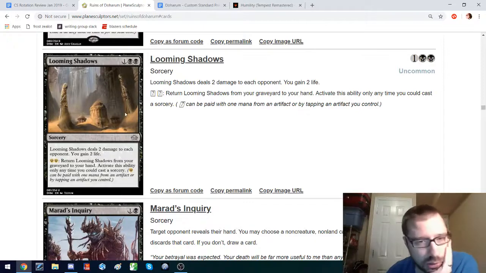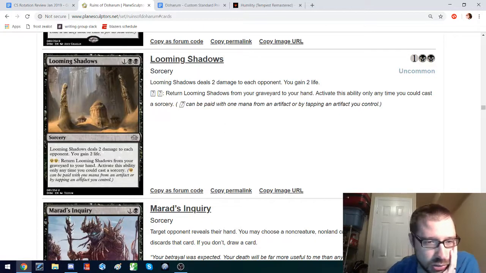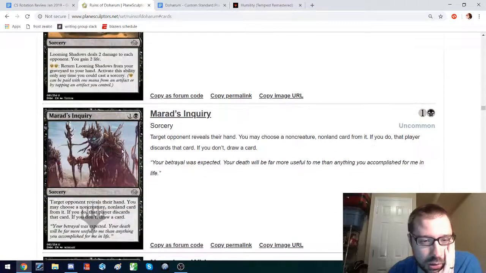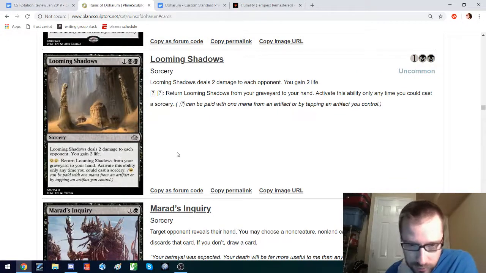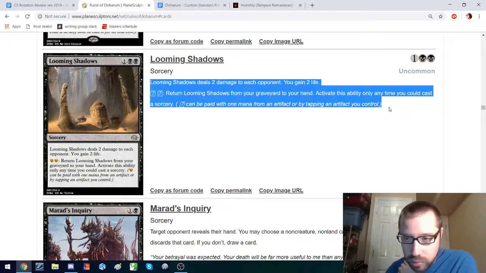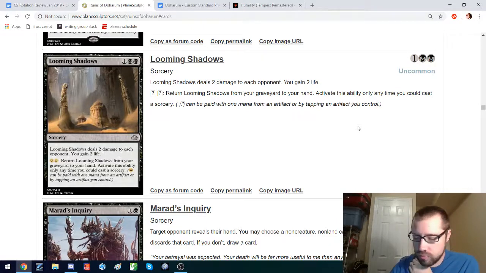Huh? Is there a grindy deck that keeps casting Looming Shadows by tapping artifacts? I don't know, but I like the design. I'm a sucker for recursive designs as a player. I just like doing the same thing over and over again times like 100, just abusing the crap out of it. It's just very fun for me. As a designer, I understand that's not good for a game, but